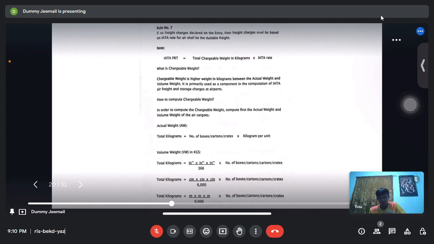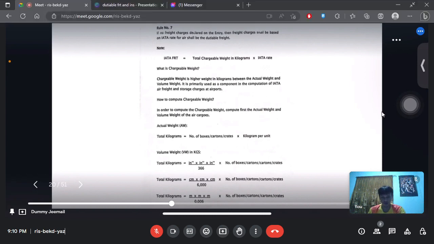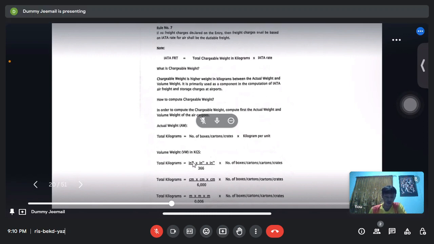So aron makuha na to ang volume weight, no? So we have to get the total kilograms. Our total kilograms is equals to inches times inches, no? So na diri sa problem na akong gihatag ganiha, no? So ang dimension niya kay 30 centimeters times 50 centimeters times 30 centimeters, no? So since centimeter man ang ato ang gamiton nga para i-divide is 6,000. If ang nasa problem kay inches, so we will go with 366. If meters, 0.006. So since centimeters man ang nasa example,